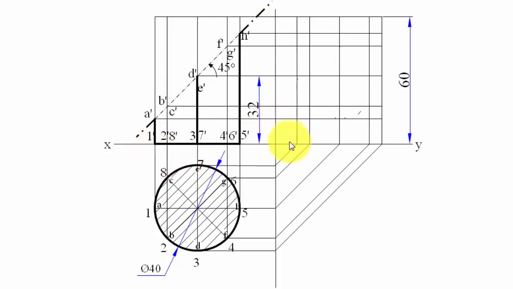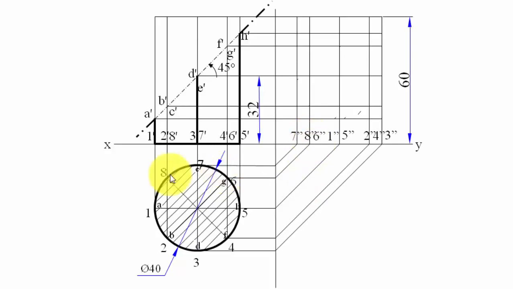Now let us have the base points. So what basically we're trying to do is we're looking at this object from over here from the left hand side. To its extreme left we're gonna have this point 7, then 8, then 1, then 2, then 3. So 7, 8, 1, 2, 3. Let's have them.